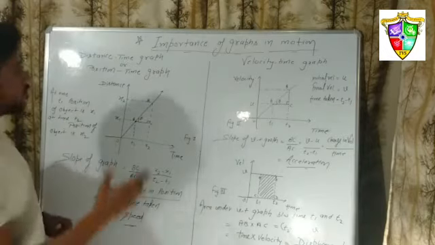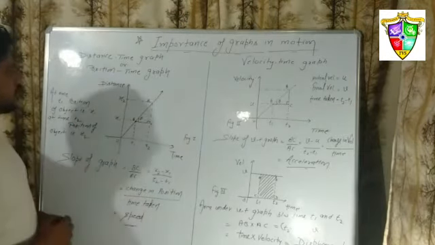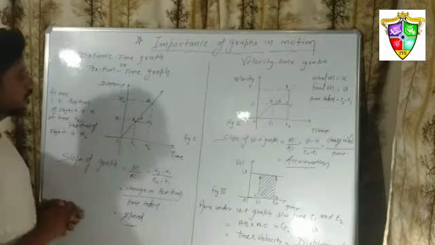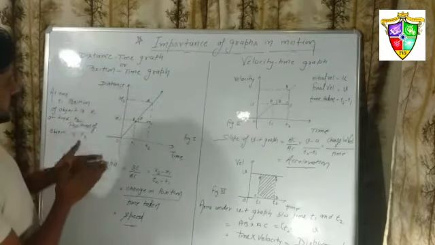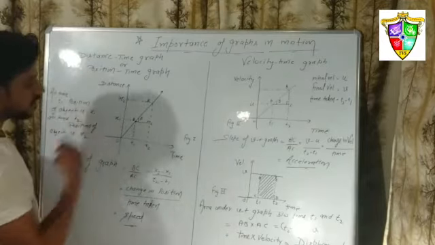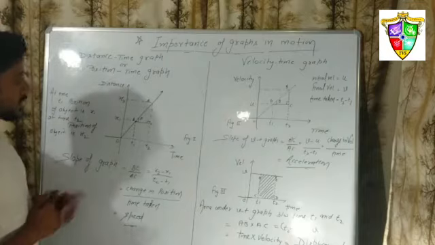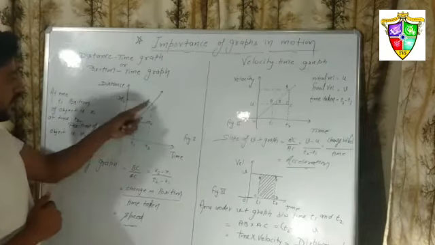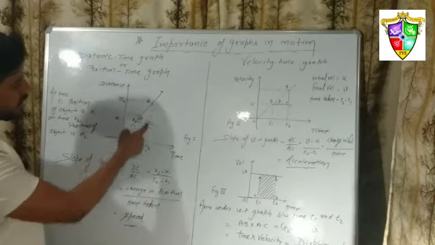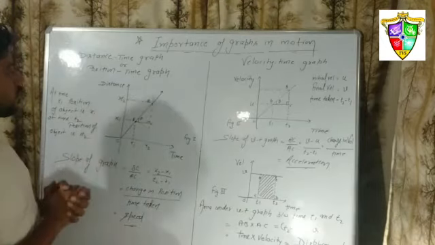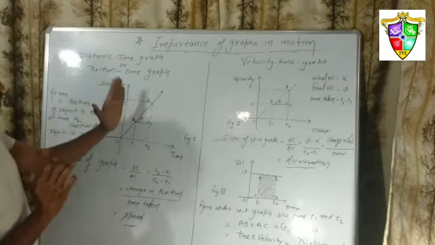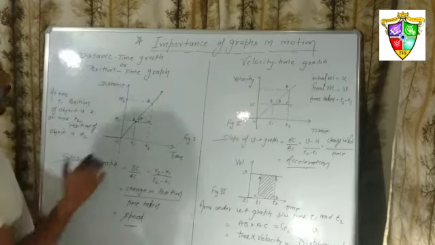It is also known as position time graph, and distance time graph is the graph between distance and time. So this is the graph. Along the y-axis distance is taken, along the x-axis time is taken. And see, there are 2 points A and B: when time is t1, position is x1, and when time is t2, position is x2. There are 2 points in the graph, and if we calculate the slope of this graph, then we will take a